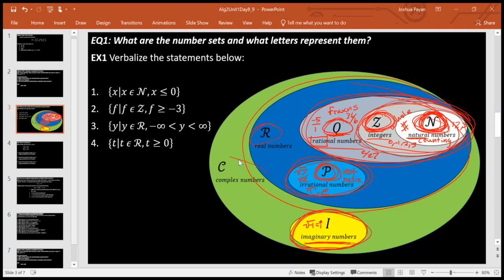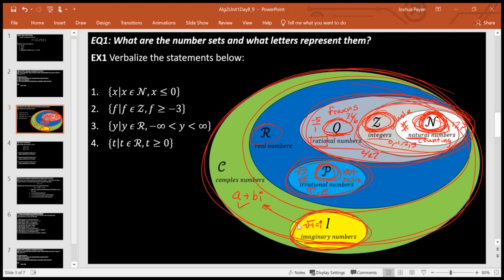And even further, you have the complex numbers that encapsulate everything, right? So all the real numbers, all the imaginary numbers, rational, irrational, integers, and natural numbers, they're all considered complex numbers. That's because they're expressible like this: a plus b times i, where a and b are real numbers and i is the imaginary unit, square root of -1. And again, I'll go into a lot more detail on those in another video. But real quick,